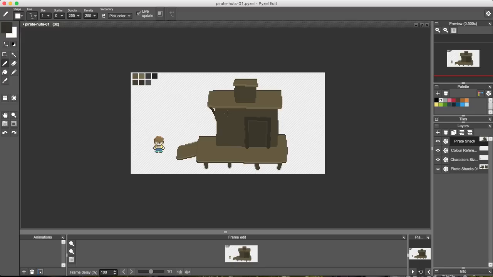Yeah, I don't know if I like that. We'll come back to that. Maybe. Yeah, we'll come back. For now, let's keep going with the detailing, and we're going to put some boards on